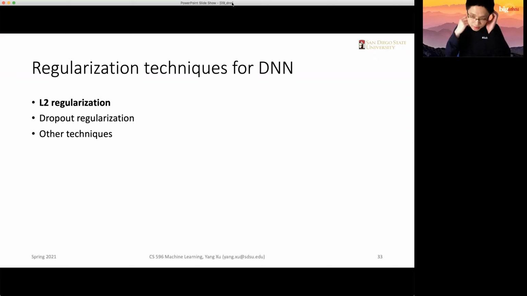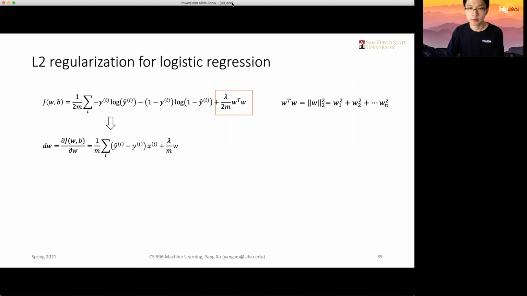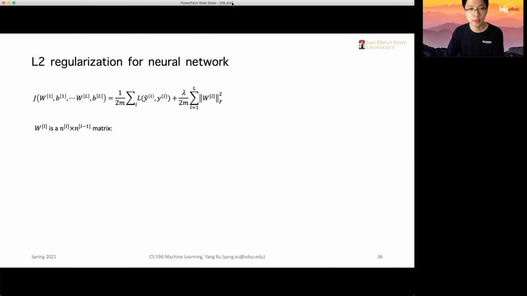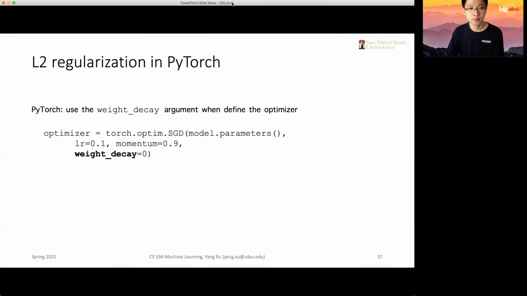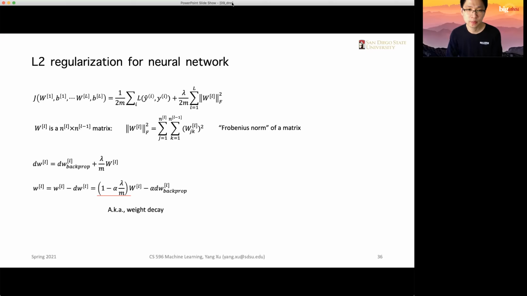With that many units, it's very easy to have the model overfitted to our training data sets, and we definitely want to avoid that. So L2 regularization is a general way to alleviate that overfitting issue, and it's used with the same principle